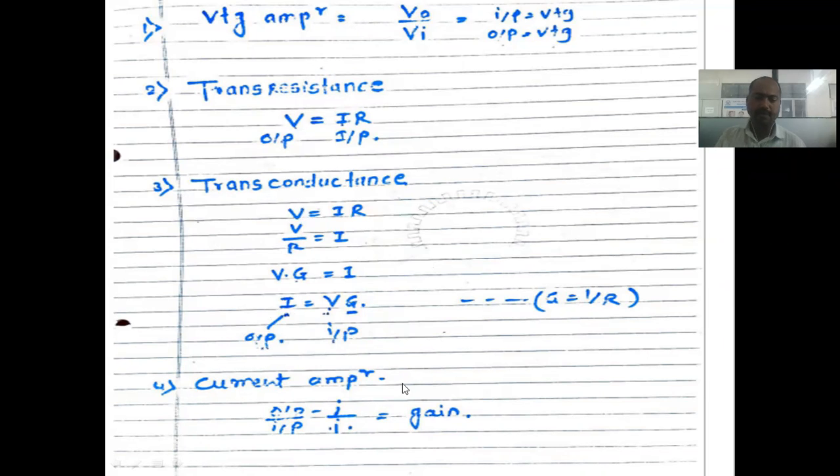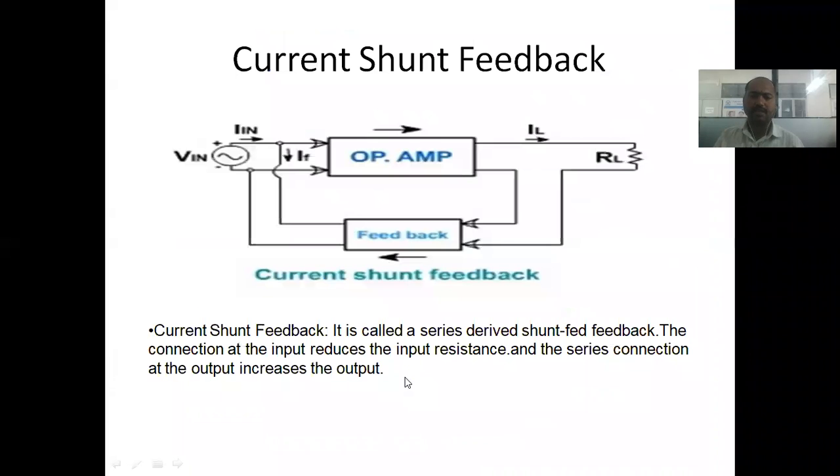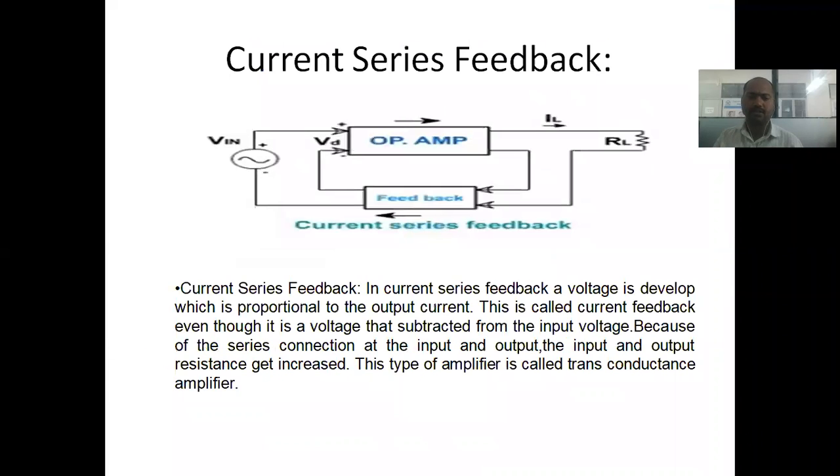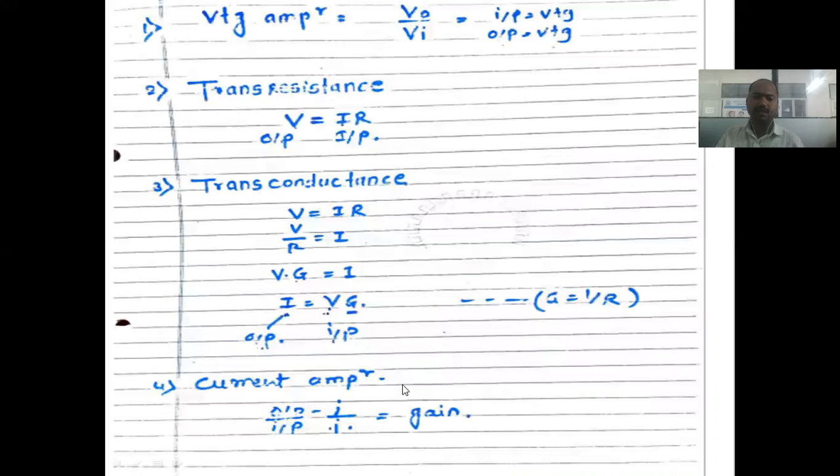Now see, current amplifier. What does it indicate? Basically, a current amplifier indicates that both are current. See, this is the current amplifier, right? Current series feedback is the type of current amplifier. Why is it a current amplifier? Your input is current, output is also current, right? So both things are current, that's why it is called current series type of feedback. This is also called a current amplifier, right? Output is also current, input is also current, right? So it is I by I, both terms are I, that's why it is